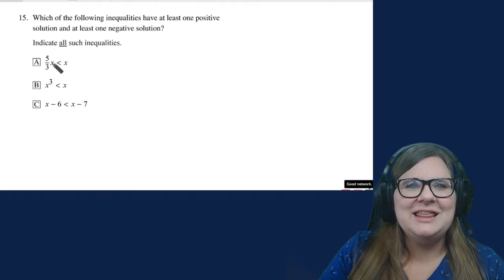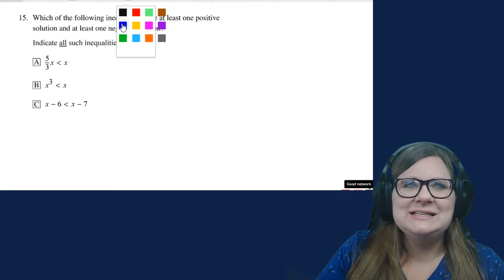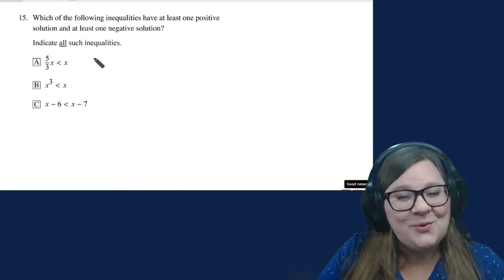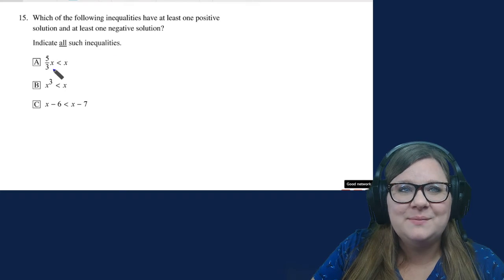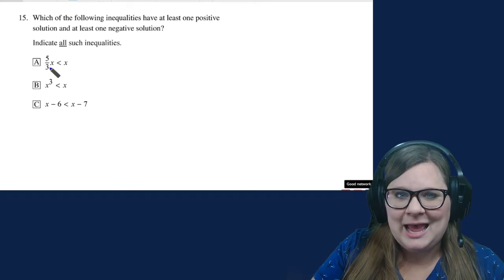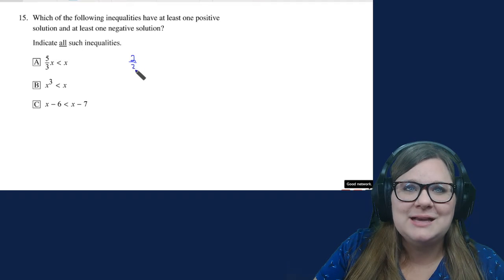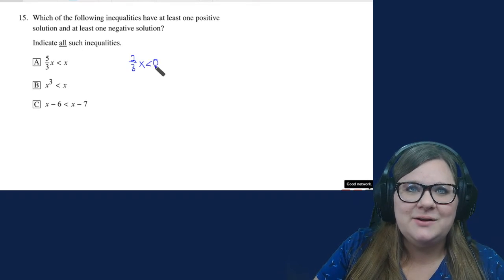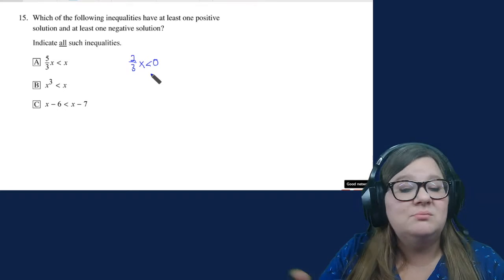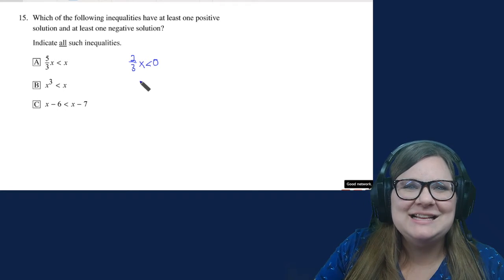So let's start with A. 5/3 x is less than x. Well, to solve that inequality, I'm going to start by subtracting x from both sides. When I subtract 1x from 5/3 x, I'm going to get 2/3 x, and that's less than 0. Now, I could divide by 2/3 or multiply by 3/2 on both sides, and that's going to give me x